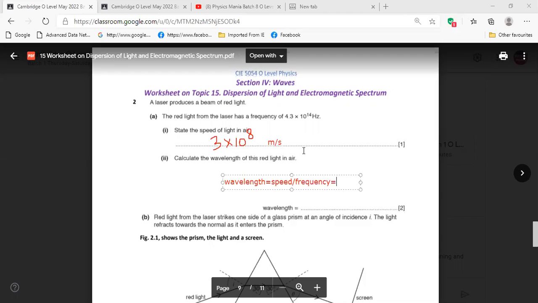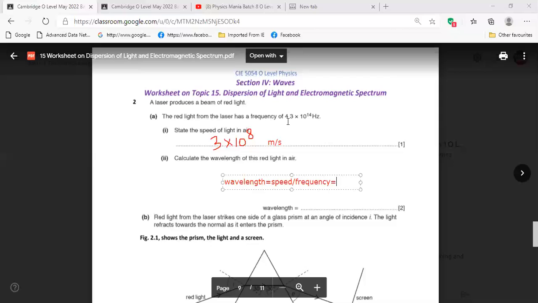Sorry, 6.97. Then what is the power? To the power 10. No, sorry, the power will be 21. How is your power? You have here 10 to the power 8. So 3 by, let me check. 3 by 4.3, then it's coming